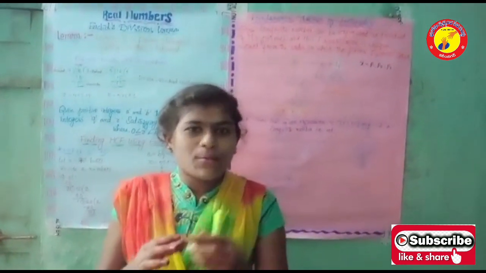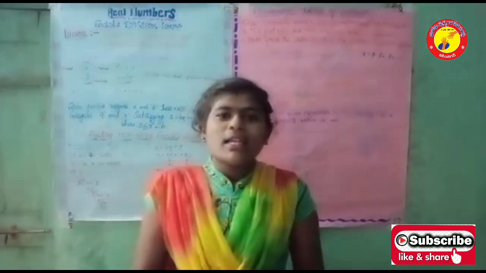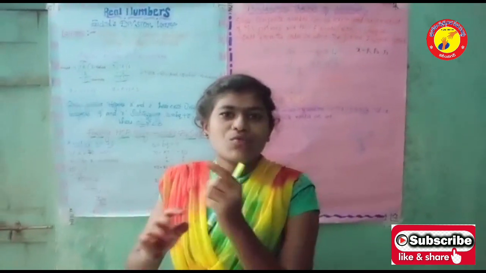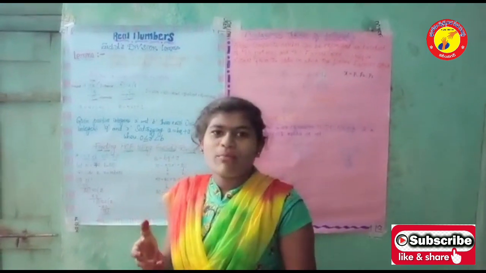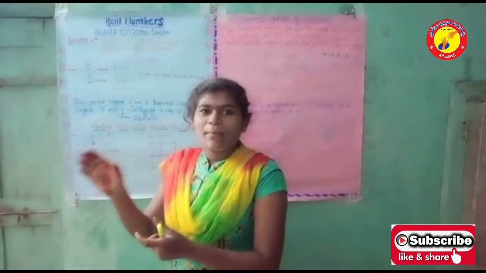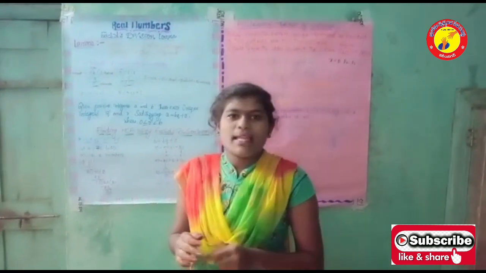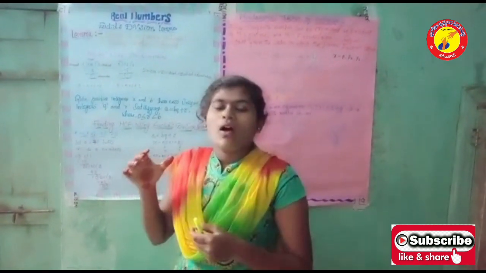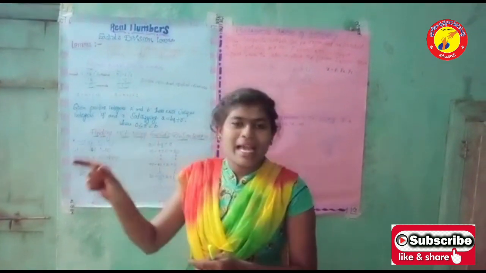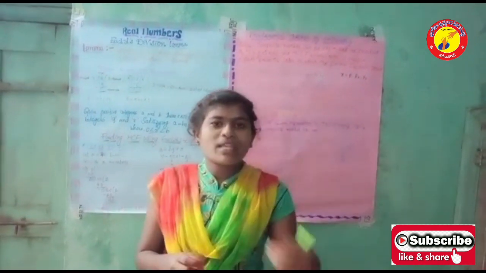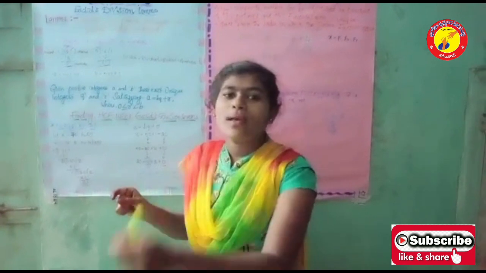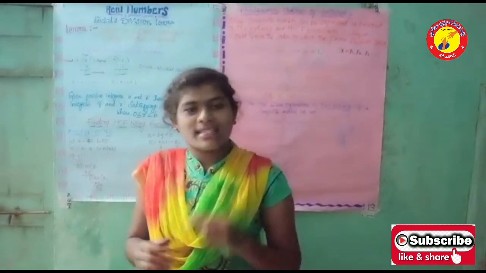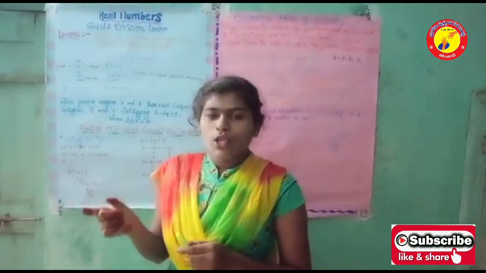Today I want to discuss some topics related to our class 10. Our day starts with the numbers 1, 2, 3 until infinity. They are called natural numbers, denoted by capital N. Including 0, all the natural numbers are whole numbers, denoted by capital W. With a negative sign, all the natural numbers including 0 are called integers, denoted by capital I or Z. Numbers that can be written in the form p by q, where p, q belong to integers and q is not equal to 0, are called rational numbers, denoted by capital Q.